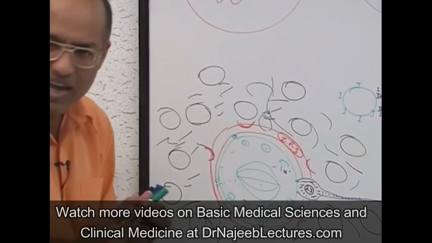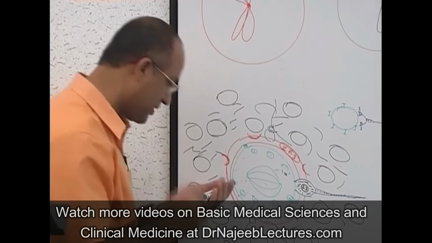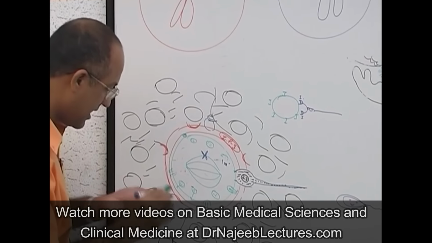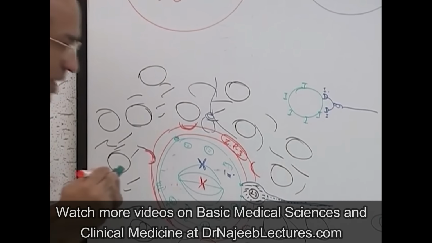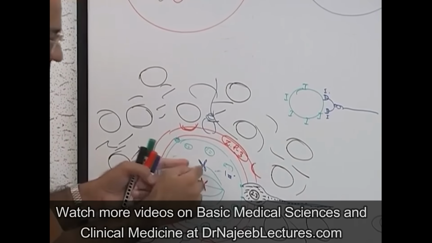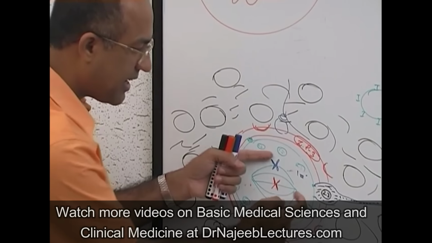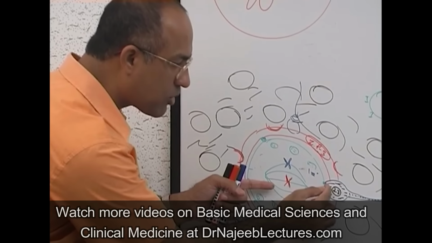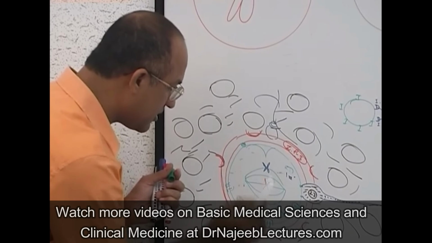Metaphase will come, and on the spindle, maternal and paternal chromosomes will be decorated first. For example, this was which one? Paternal, chromosome number 1, and what is this? Maternal, chromosome number 1. Now what will happen? This chromosome will longitudinally break at its centromere, and one copy will move to this end, other copy will move to the other end. And in the same way, maternal, one copy will go to one end, other copy will go to the other end, and a deep furrow will develop on this side.